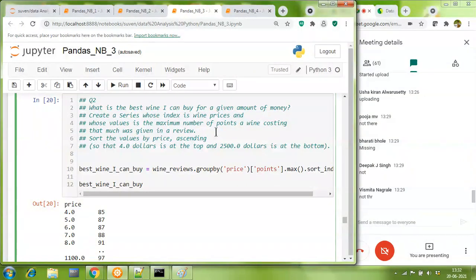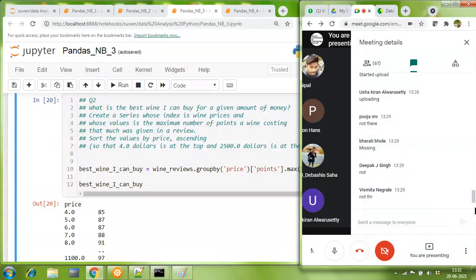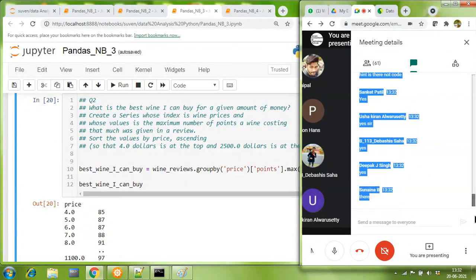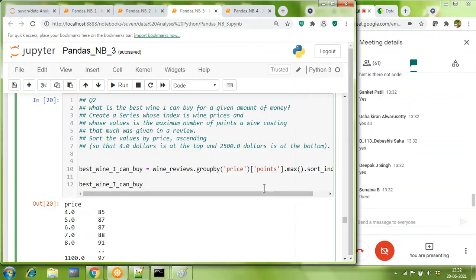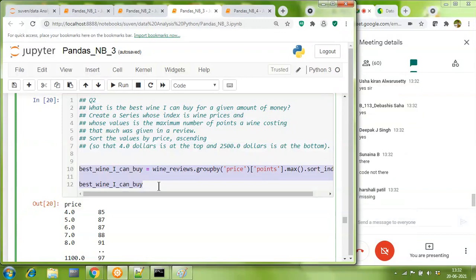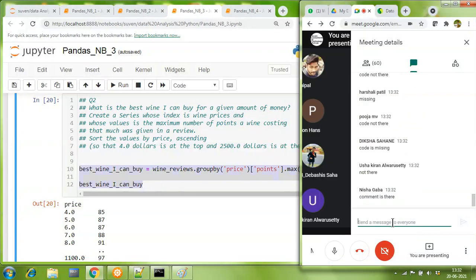Yeah, class, I'm not getting a response from your side. Can you please respond? Sir, please scroll the chat box. Oh, oops. Okay, okay. So it is being done for most of them. Okay. So this is there. Then what about the code for the second one? Is it there or is it not there? Code not there. Fine. Great.